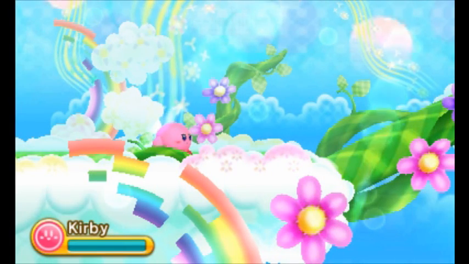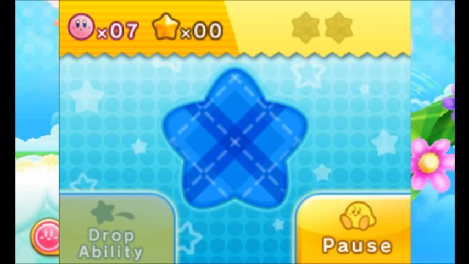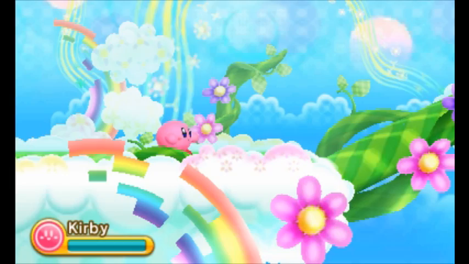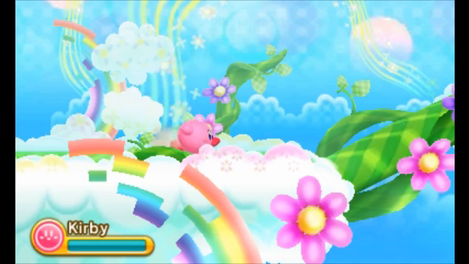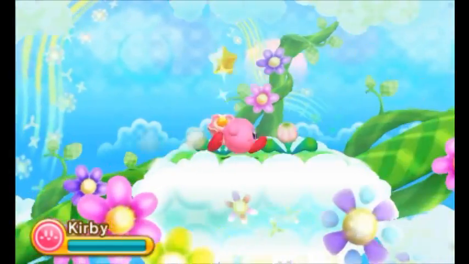Let's start the first level of the game. During actual gameplay, the bottom screen looks like this. It's still got the lives and the stars. It displays how many sunstones you've collected out of the ones in the stage. And it's got this big thing in the middle that doesn't mean anything quite yet. Also, it has the button to drop your ability, but you can still do that with other buttons too, so...